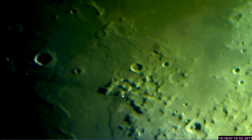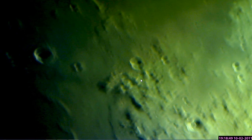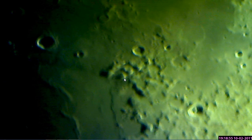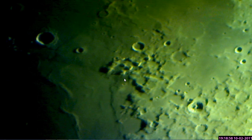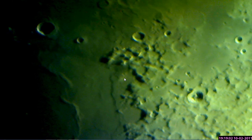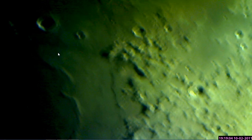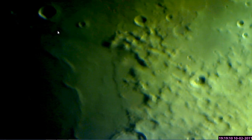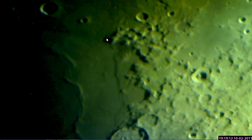And here's a mountain range with 1, 2, 3, 4 things sticking right up in the air. I don't know what they are, and if you look close enough, guys, you can see like a slash that caused some kind of, I'm not sure what it is, but it looks like something hit the ground and